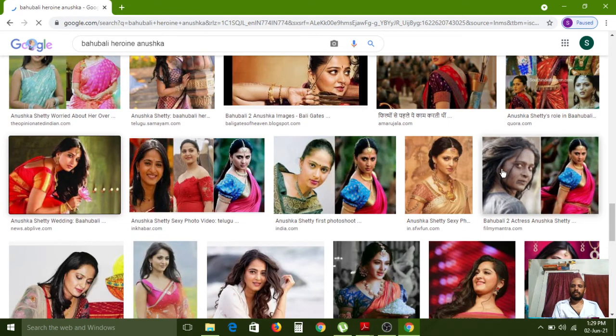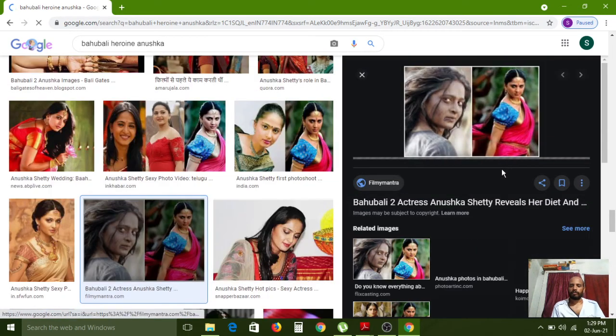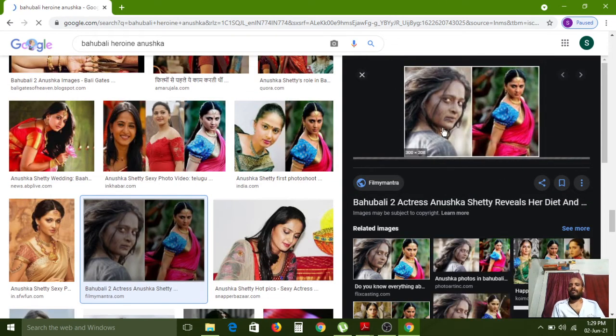Observe these two pictures. The first picture is without any styles, without any ornaments, without any hairstyles, without a colorful saree or blouse. Here it is just a plain black and white picture.